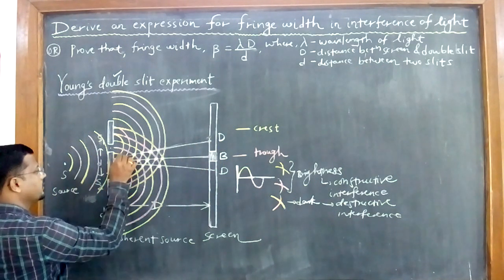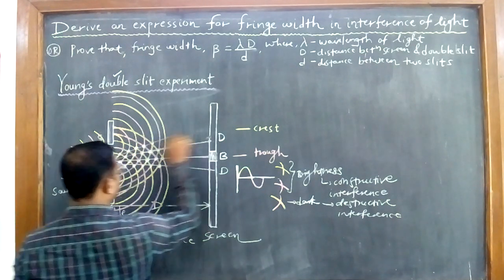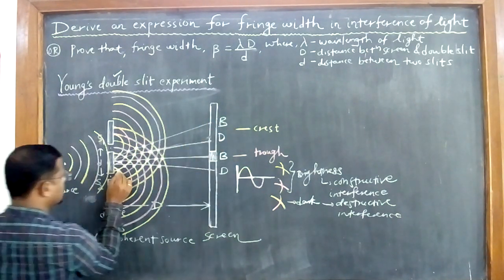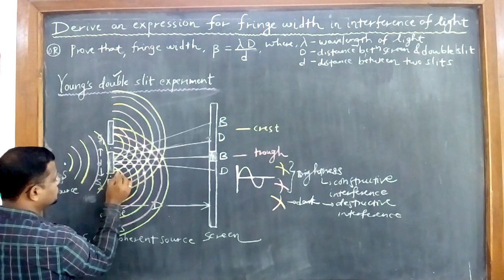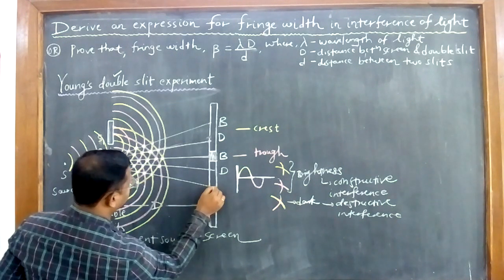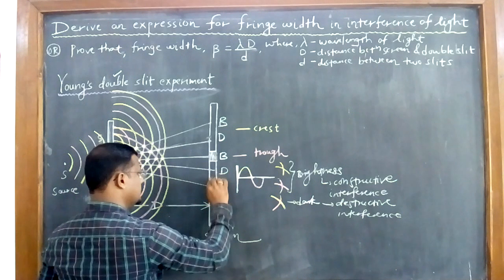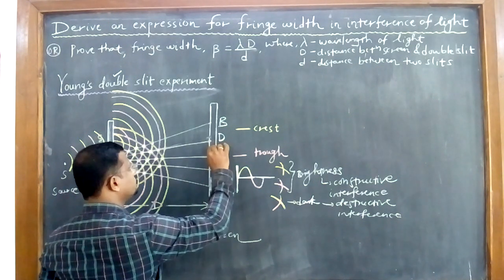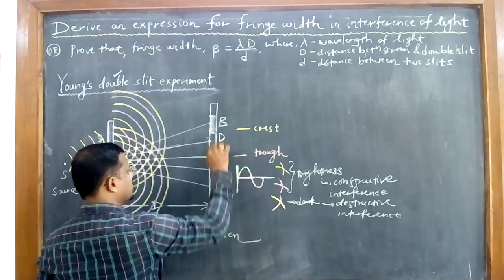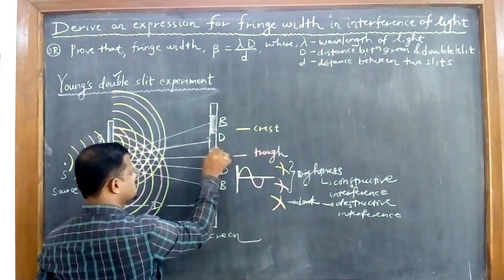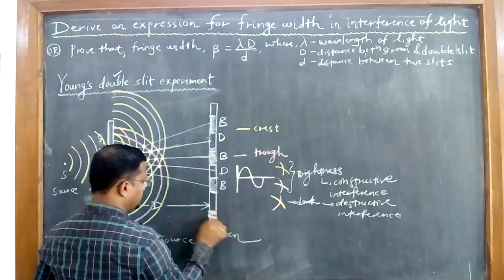Is the same color matching here? Yellow, red, yellow, red, again yellow. So if you join this, you will have the brightness here. Here same thing, yellow, red, same colors are going to match. So if you join them, here you will have the brightness. So is it like this? Condition is like this here. The brightness you are having here, also you are having the brightness here. So here brightness, darkness, right? Again brightness, right? Brightness, darkness, again this side you will have the brightness here.